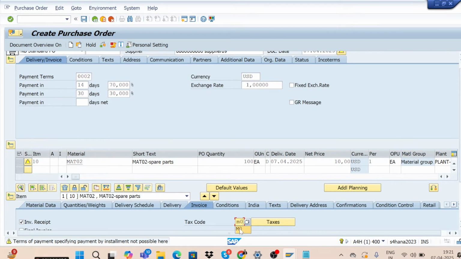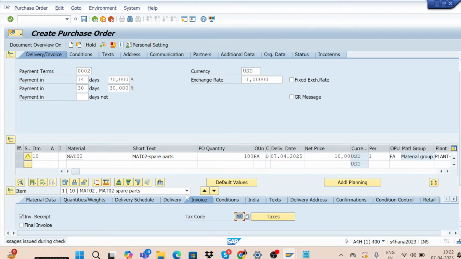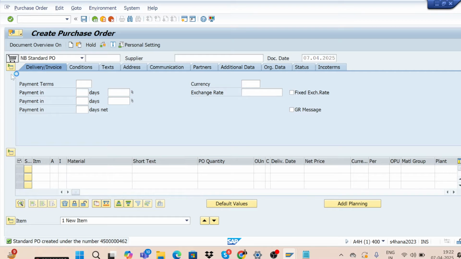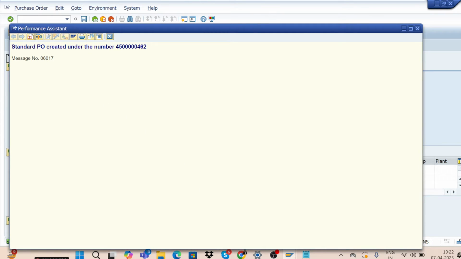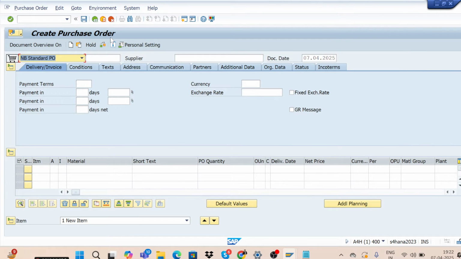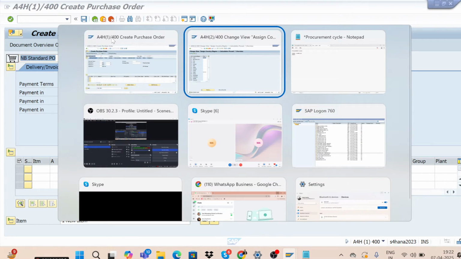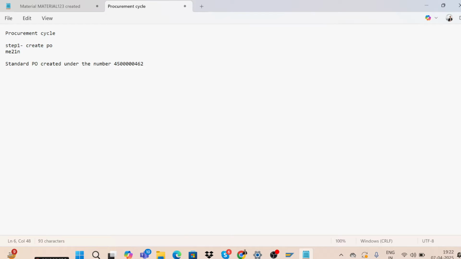Just take M0, which is a 0% tax. I created it using T code FTXP, so you can also create it using FTXP, but create it for 0%. Just check it and save. Is there any specific reason for creating 0% tax? The tax creation is related to FICO, but I just want to show you the complete procurement cycle. Tax is required, so I'm taking 0%. Okay, that's the reason.